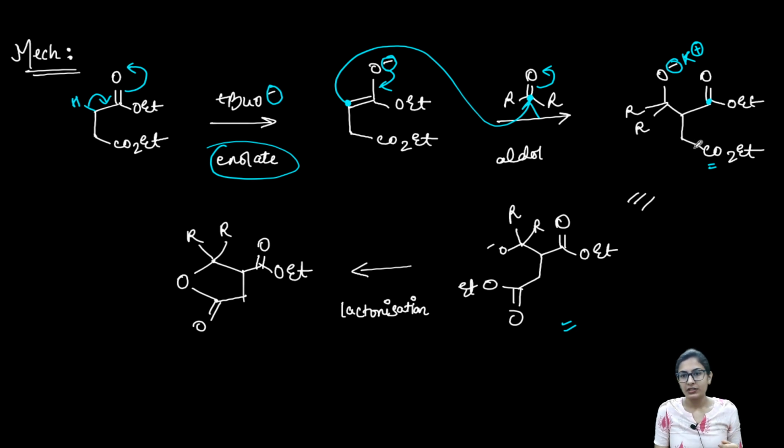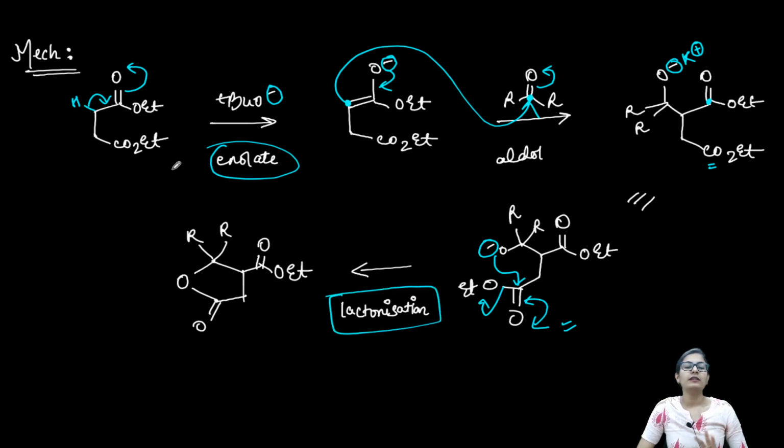I have just rotated and brought the oxygen on this side and the other alkyl groups on the other side, and the ester now is over here. Now it's very clear that the O minus is going to attack this carbonyl carbon. This pi bond opens up, and then when it falls back, the ethoxide group leaves, and that gives you a 5-membered lactone. You can also call this step the lactonization step.